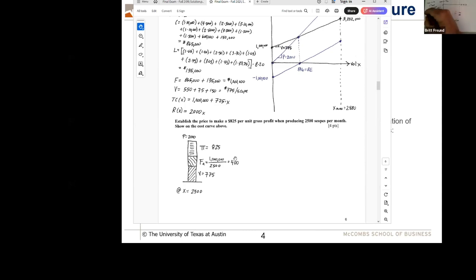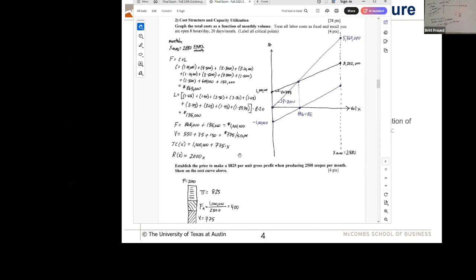that I'm going to draw my revenue curve. My revenue curve for any volume X is going to be equal to my price times my volume X, which is $2,000 times X. Okay, so that's what we know. So if I don't sell in any given month, I didn't make any money. If I luck out and max out at 2,880 for any given month, okay, doesn't mean I think I'm going to do that every month. It just means I got that this time. It looks like maybe that becomes $5,760,000, right? I can draw the line that connects those 2 points. I know the price is $2,000.